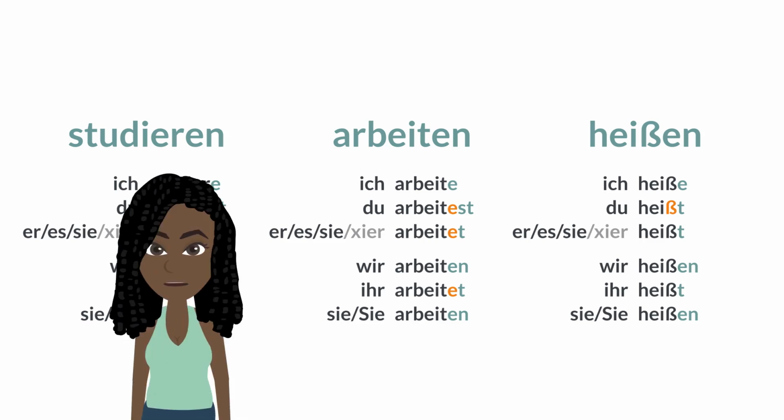Now you know what to do with verbs according to who is doing something. I know this was a lot of information for one video, but don't worry. You will have the chance to read it all again in our written grammar explanations that follow this video. And then it's time to practice in small chunks, one verb at a time. Viel Spaß beim Lernen. Have fun practicing.